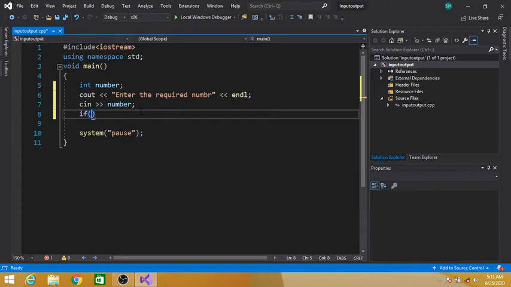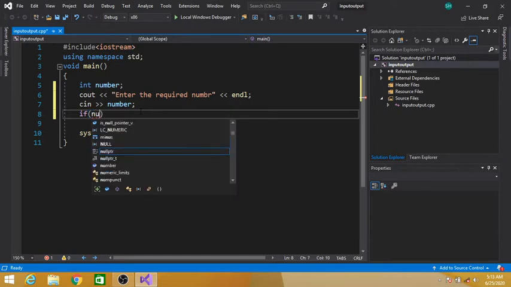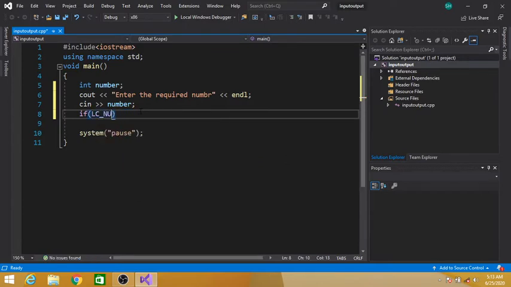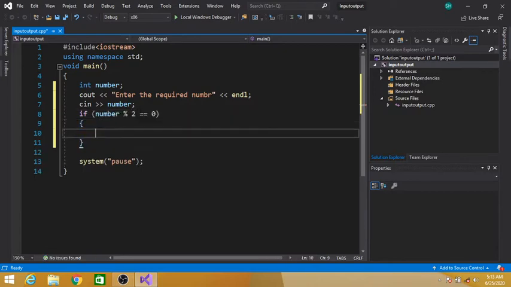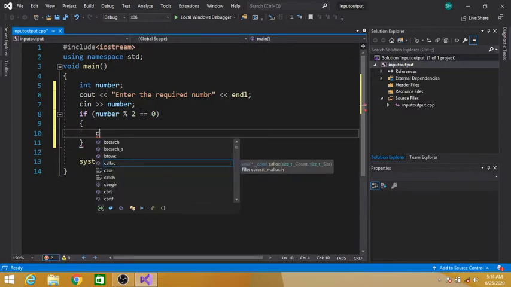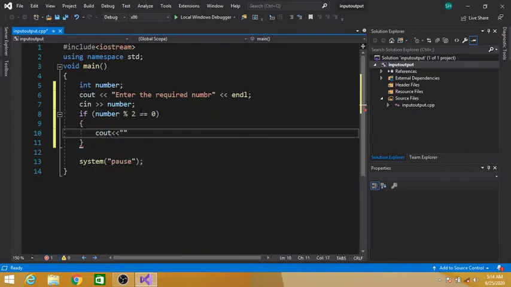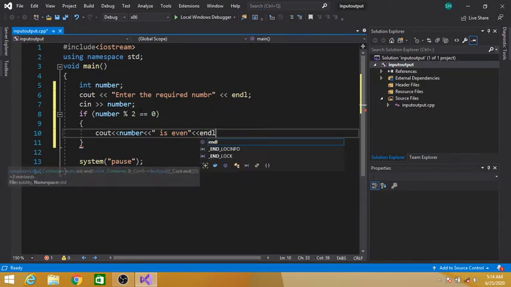So if number modulus operator 2 equals to 0, cout number "is even", endl.